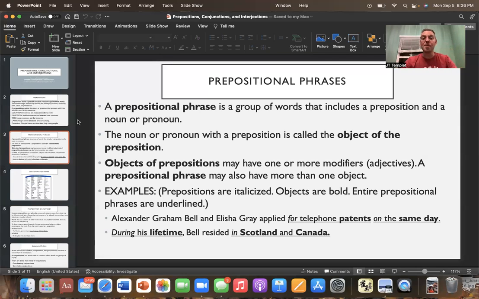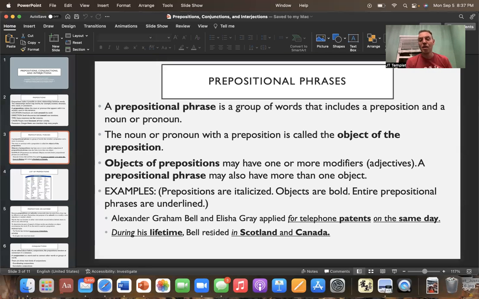Objects of prepositions may have one or more modifiers, adjectives. A prepositional phrase may also have more than one object. So if we look at the examples below, the prepositions themselves are italicized, objects are in bold, and the entire prepositional phrases are underlined. For the first one, Alexander Graham Bell and Alicia Gray applied for telephone patents on the